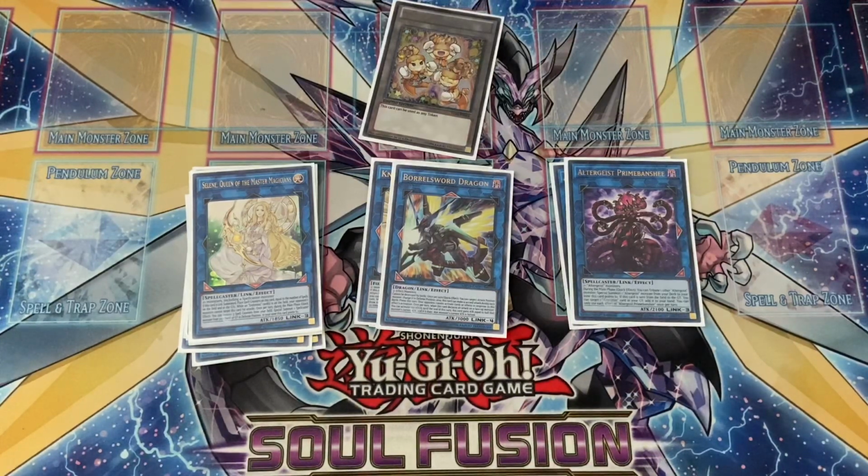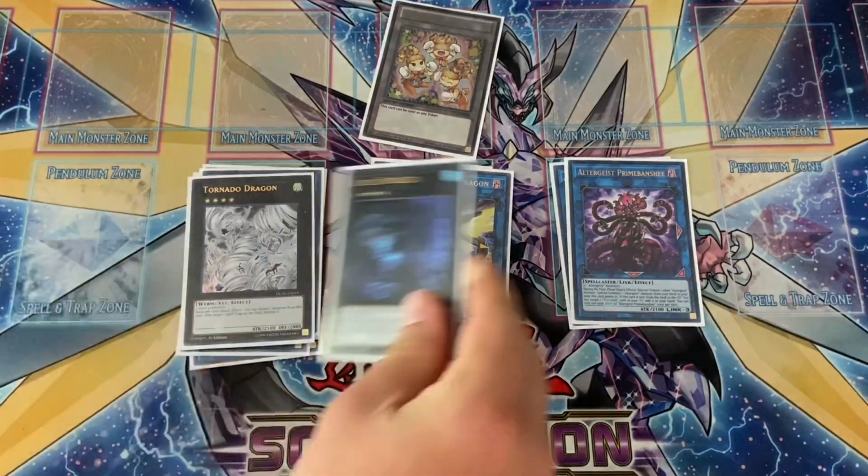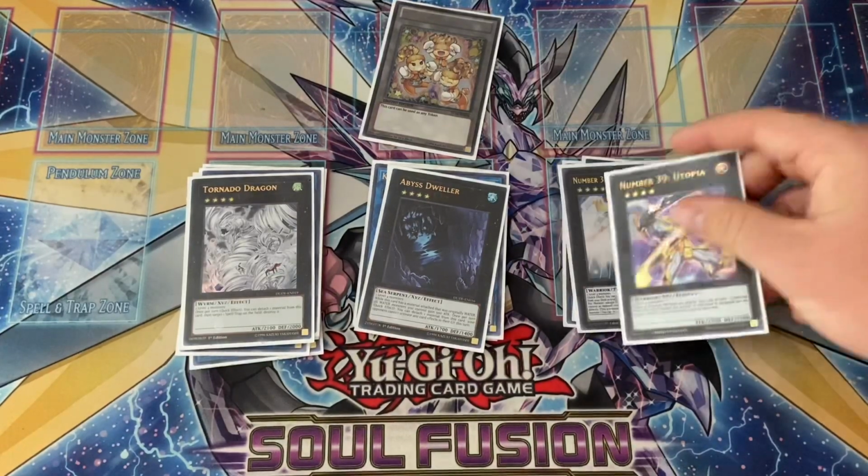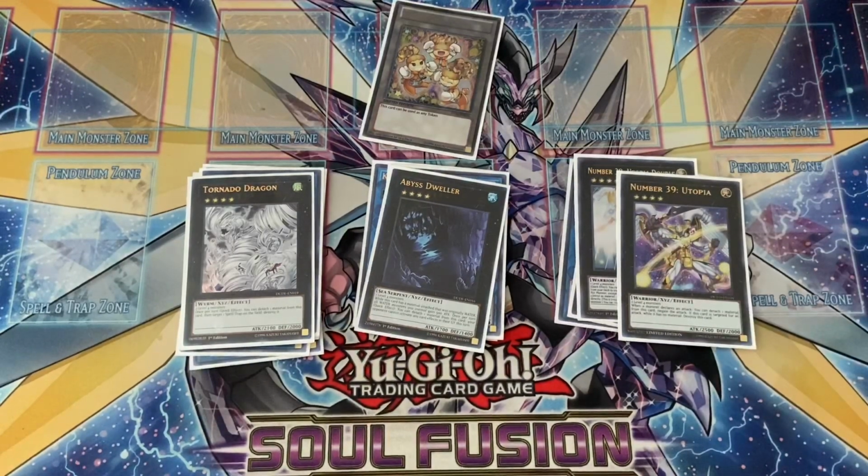But I mean, I'd still run Boral Sword anyways. Run Boral Sword and access code talker together. Then for the spice of the extra deck, the Xyz monsters. So I run 1 Tornado Dragon, 1 Abyss Dweller, and then the Utopia double package, which is Utopia double and